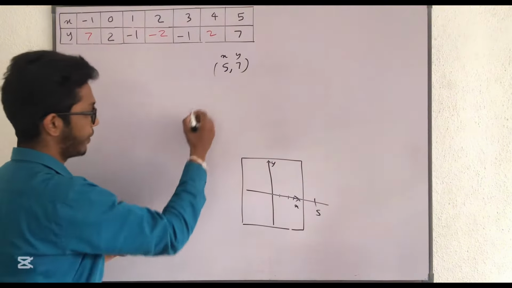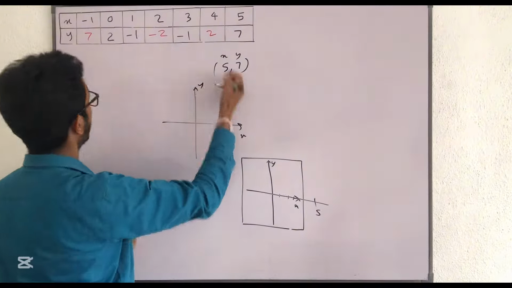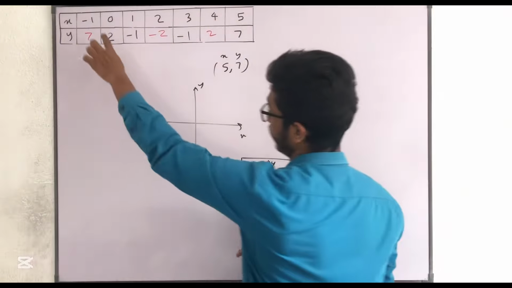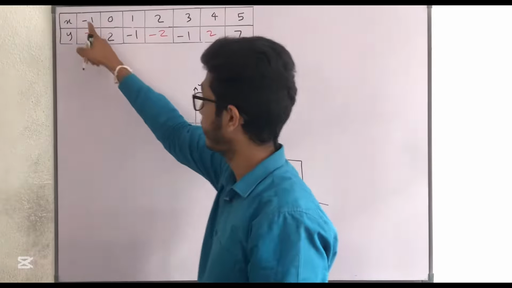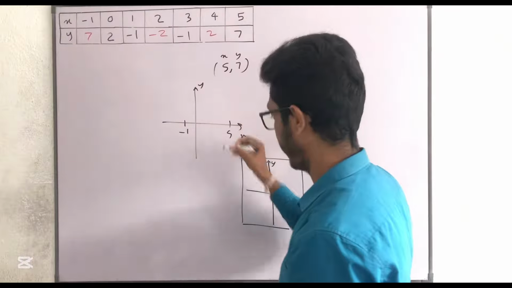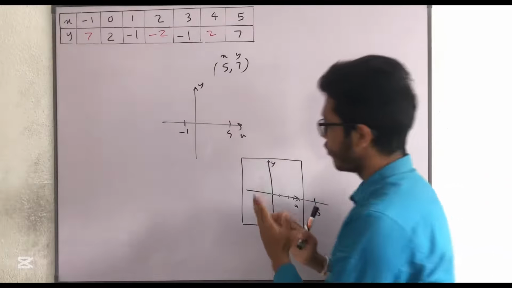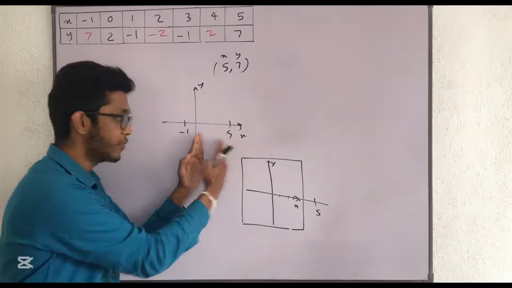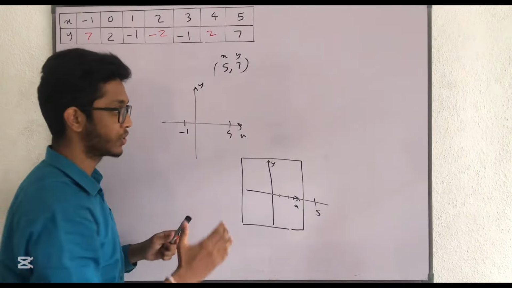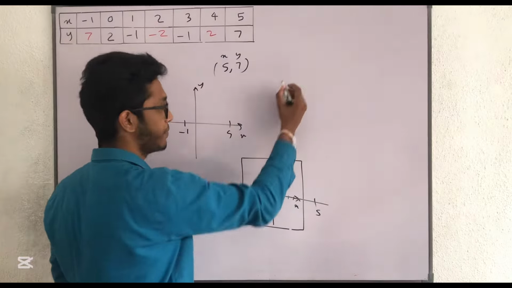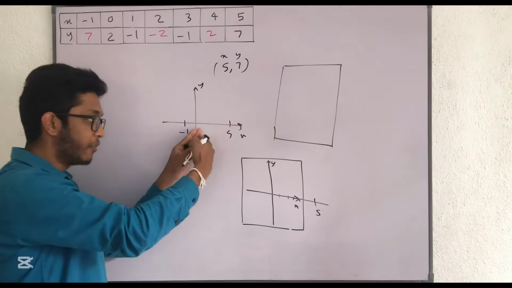So in this graph, let's get the margins. We have a minimum x value and a maximum x value. The minimum x value is -1, and the maximum x value is 5. So if you consider these x margins, you can see we have to keep more space in the positive direction of the x-axis. To give more space when drawing the graph on the graph paper,